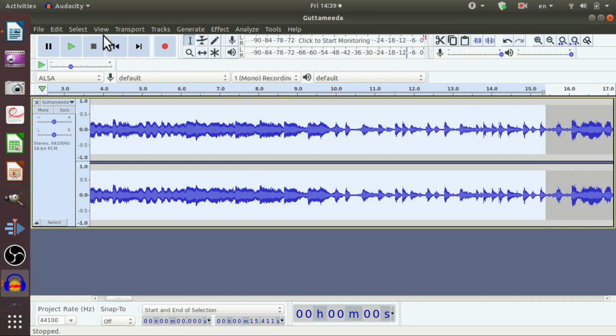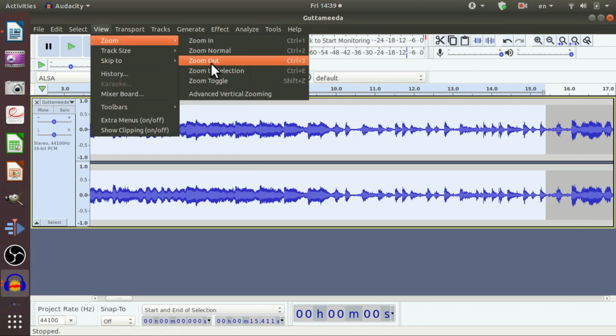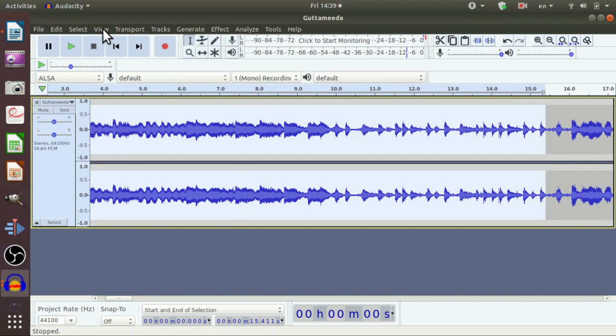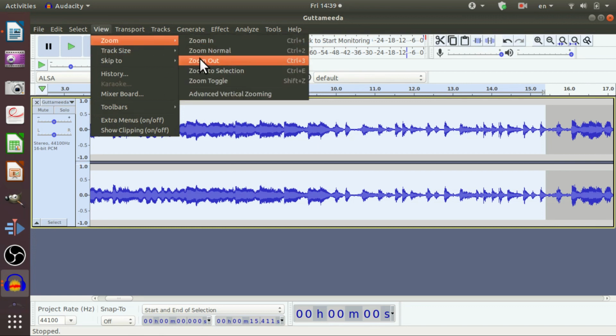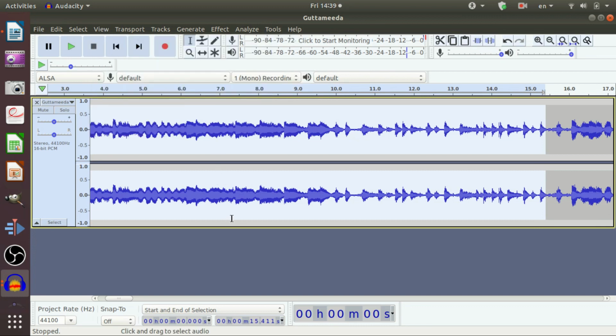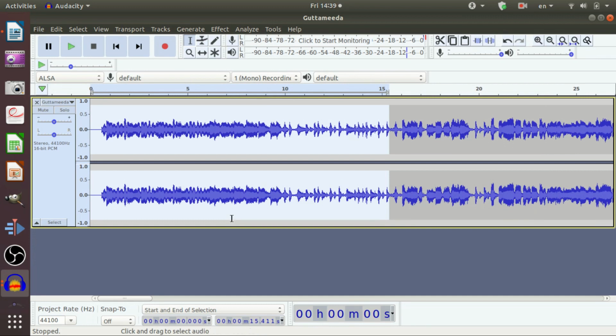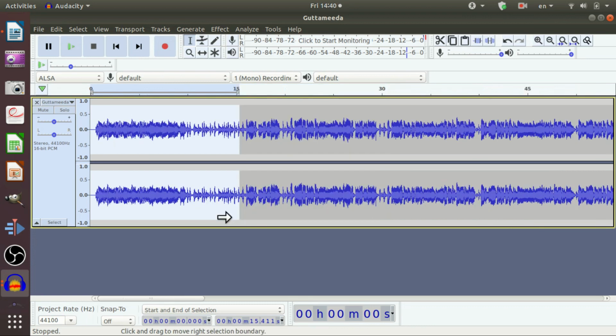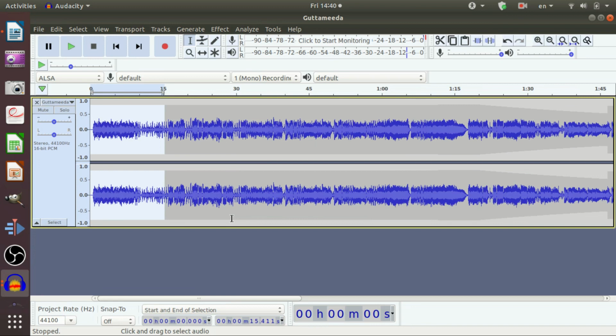Now the third option is zoom out. For zoom out we can use Ctrl+3. What zoom out does is cut the current zoom level in half. So now I am going to use Ctrl+3. Half of the window track comes again. Now again I am pressing Ctrl+3, again half, again Ctrl+3, again half. So it is quite the opposite of zoom in.